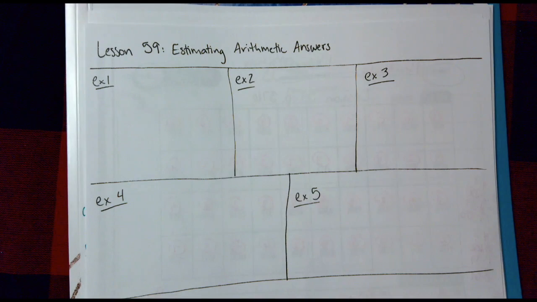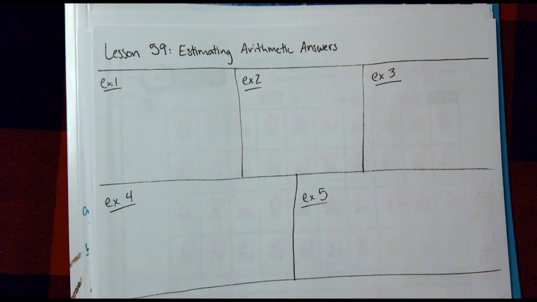Today we're focusing on estimating arithmetic answers. So we're going to estimate these answers by rounding. Now, estimating doesn't give us an exact answer, but it can give us an answer that's close to the exact answer. So, for example 1, let's estimate the sum of